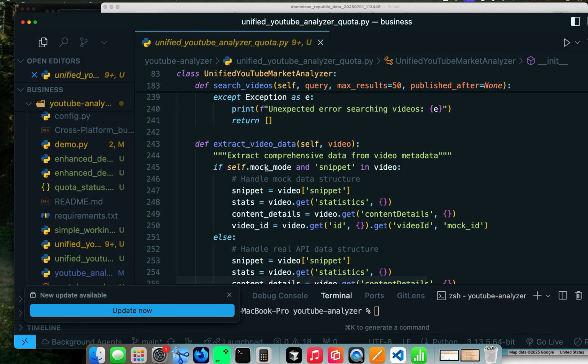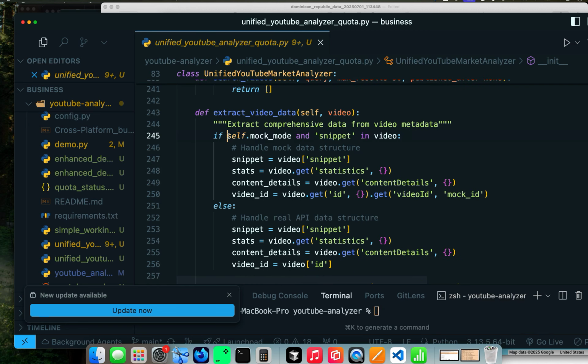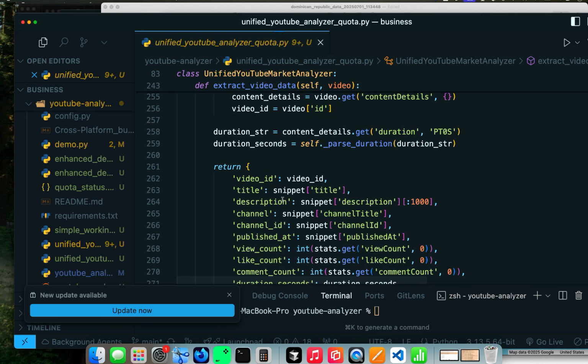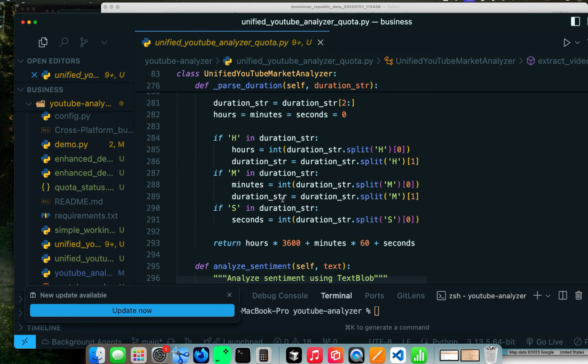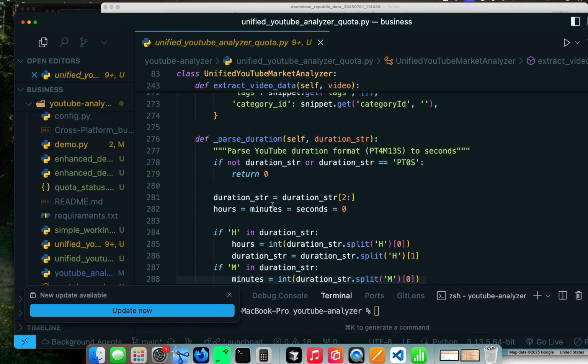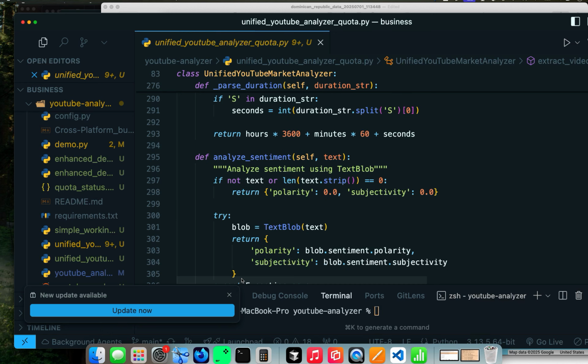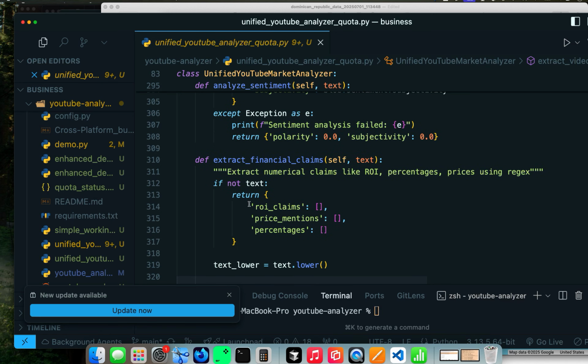This is extract the video data, and as you can see, it always has the mock mode, just in case you want to use mock data. If you want to use the regular data, I'll show you how to do that. But that's the YouTube analyzer, and I'm going to put that on my GitHub page so you have it. But if you want to see the demo.py,